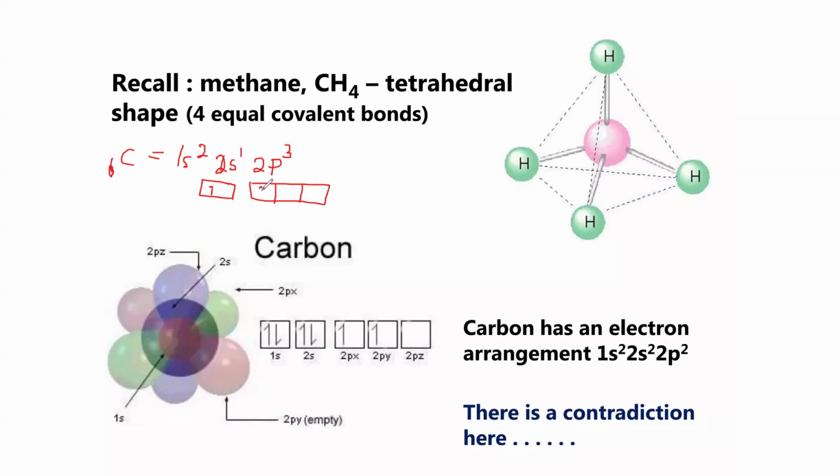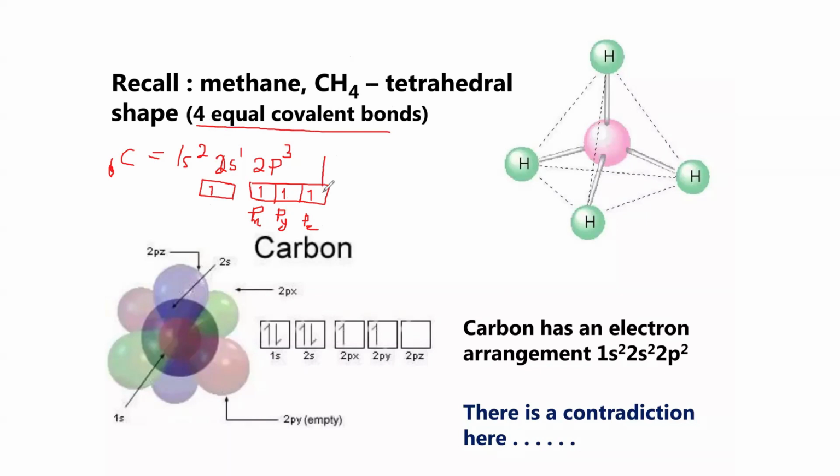So we have one electron here, another electron here, another electron here. It means that in px there is one unpaired electron, at py also there is another unpaired electron, and at pz there is also another unpaired electron. So here it means that there are 4 unpaired electrons. These 4 unpaired electrons can undergo 4 equal covalent bonds,